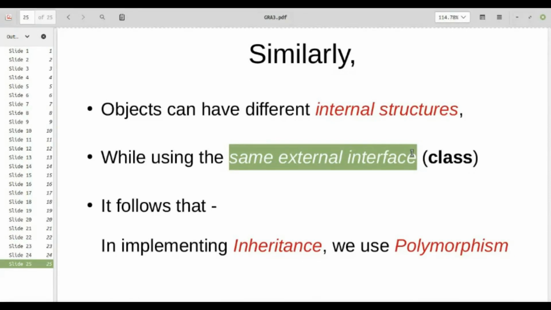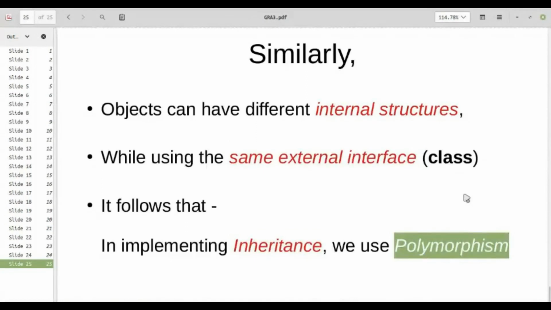right? So when we are implementing inheritance, we use polymorphism. The class bird was given two different forms, flying bird, non-flying bird. So inheritance actually helps us initiate polymorphism. Again, the class flying bird is given different forms, pigeon, sparrow, etc. So each of these different forms is nothing but a separate object, a separate implementation, nothing but polymorphism, right?